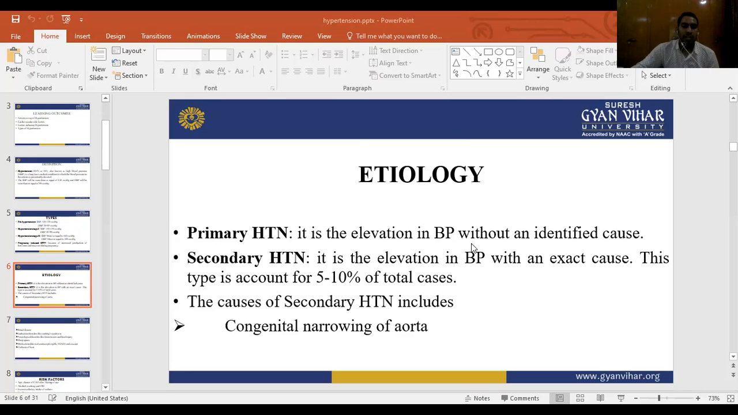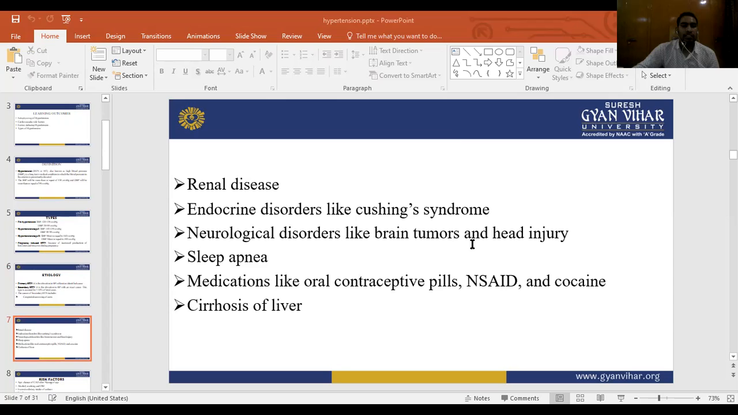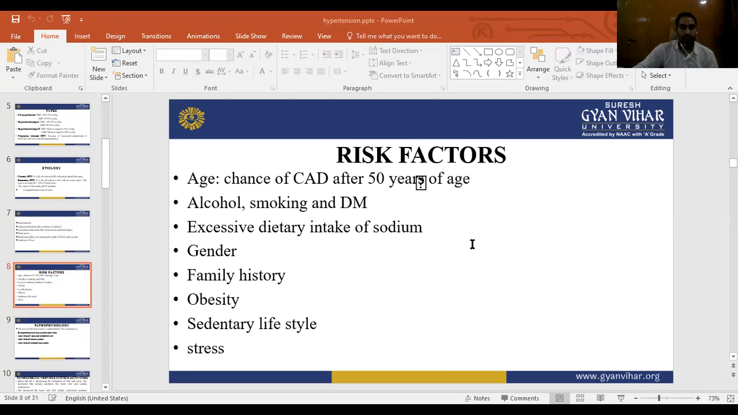The causes of secondary hypertension include renal disease, endocrine disorders like Cushing syndrome, neurological disorders like brain tumor and head injury, sleep apnea, medications like oral contraceptive pills, NSAIDs, cocaine, and cirrhosis of the liver. Risk factors of hypertension include age,